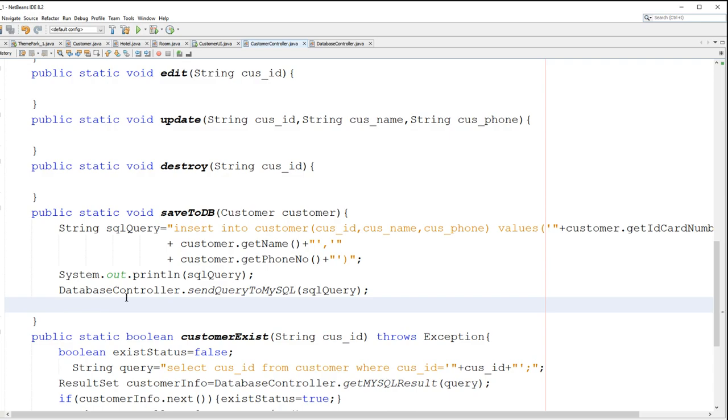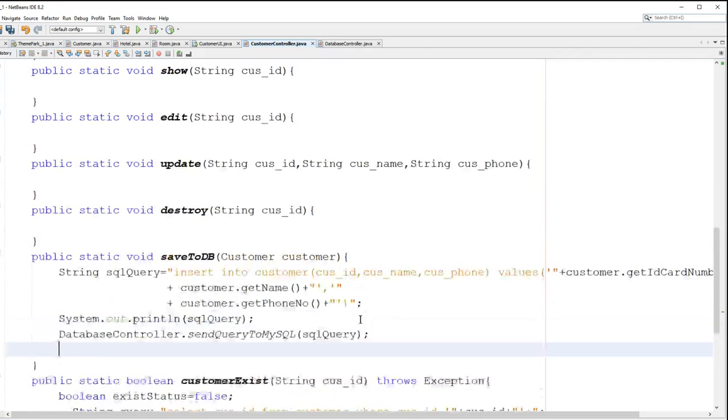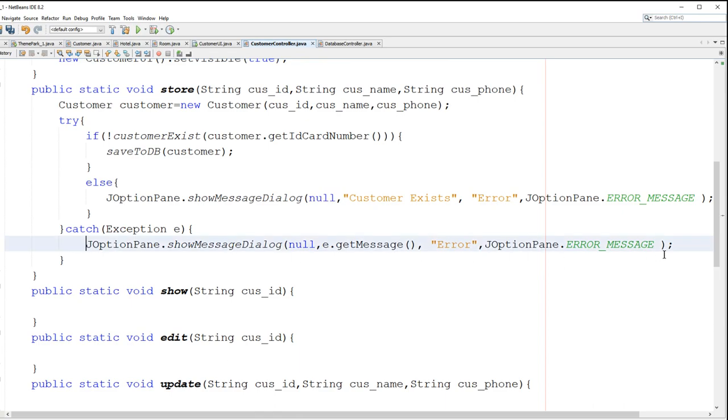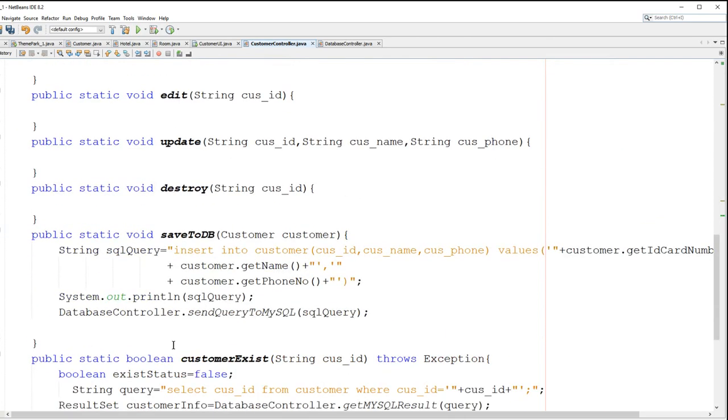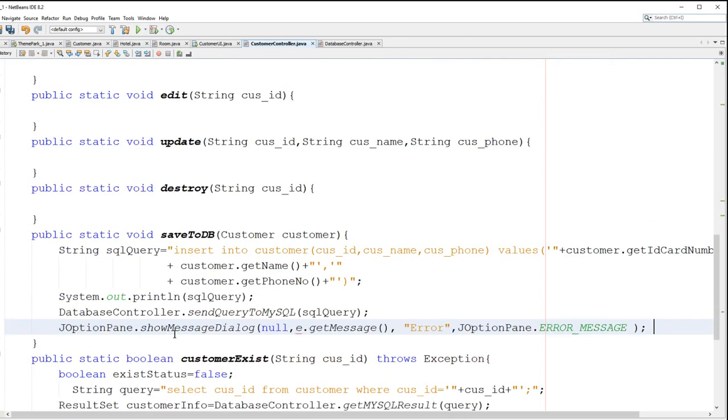Saving the customer is part of this function. So let this function show that message information. This is going to be a message box, similar to this one. You are going to have a message box and display a JOptionPane. In this case, you will say customer